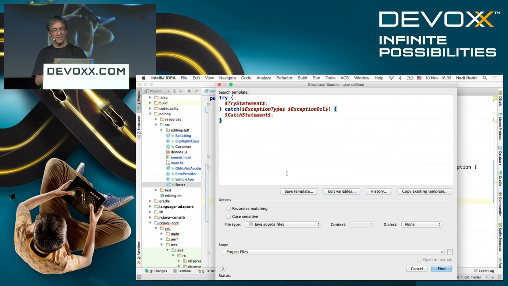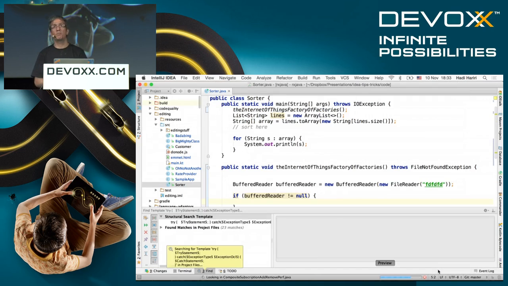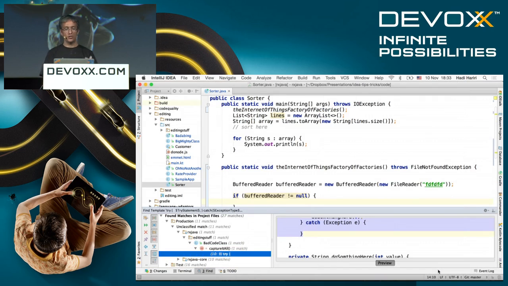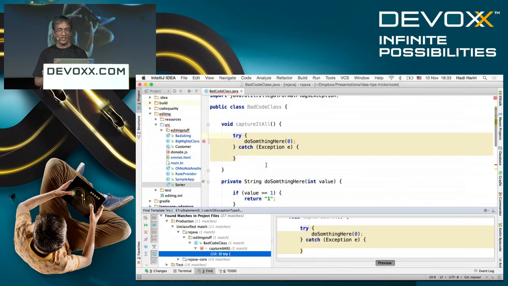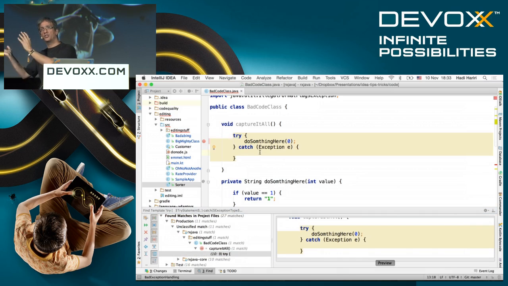This particular template that I've defined allows me to search for code. Well, they all allow me to search for code, but this one is going to search for empty try catch blocks, right? Something that you should never do. You can see that here I have a try catch block, which is what you should do. What you shouldn't do is just swallow the exception. So this searches throughout your code base for code smells, and you can define those patterns yourself.